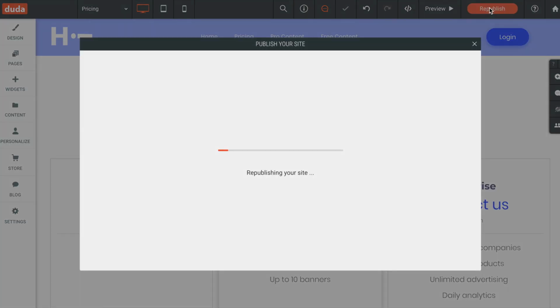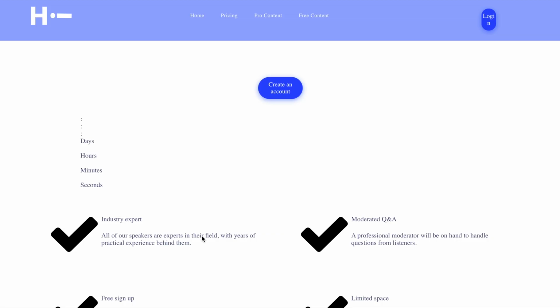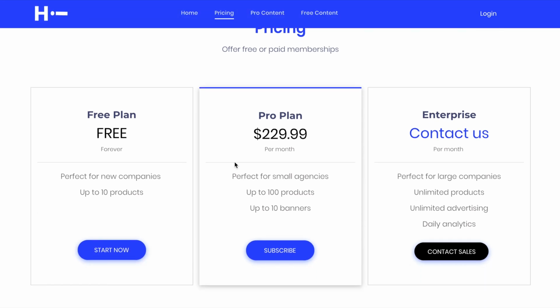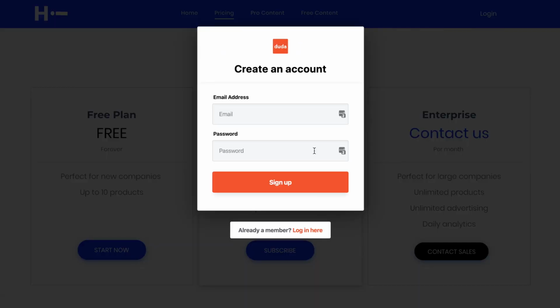When we publish this and we visit our website, we should be able to go to Create an Account, which takes me to my pricing page. I should be able to select a plan and sign up, which we can see is all working so far. I'm going to create a fake member here